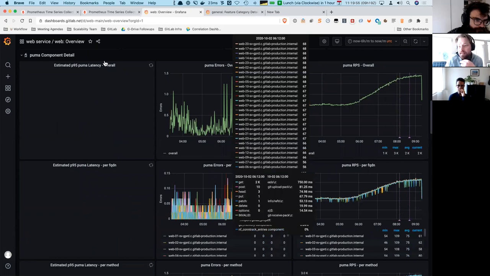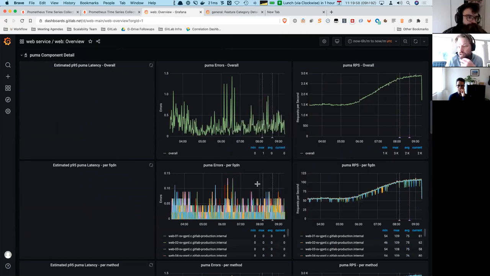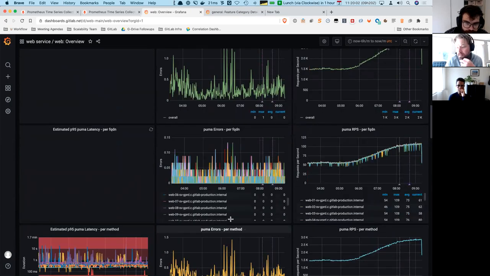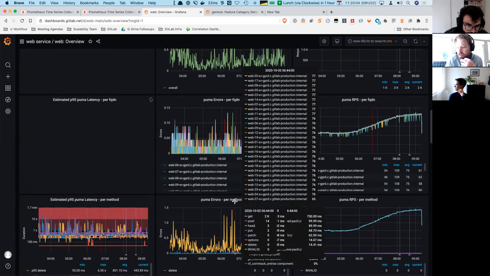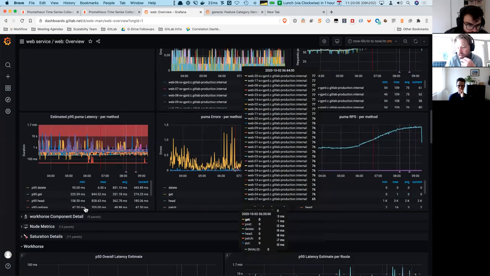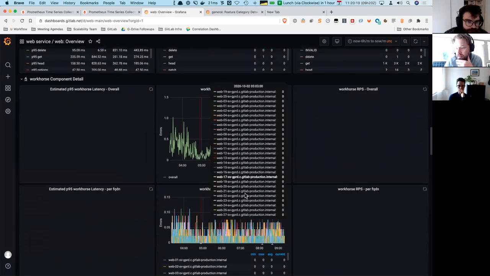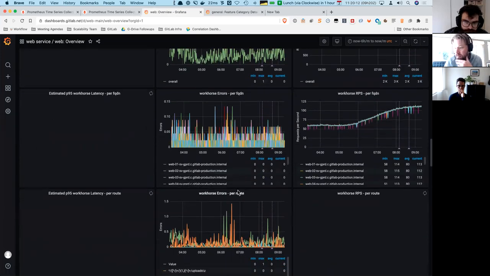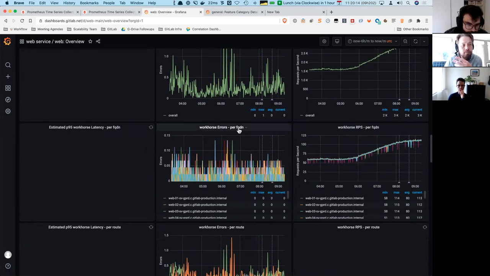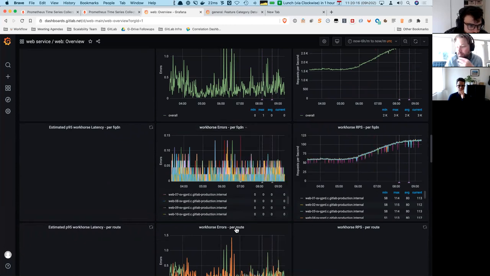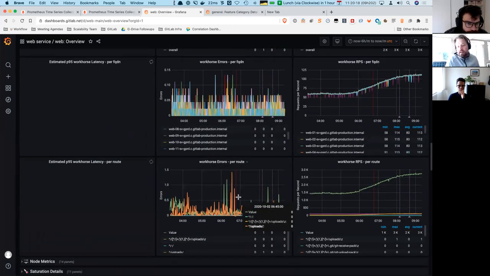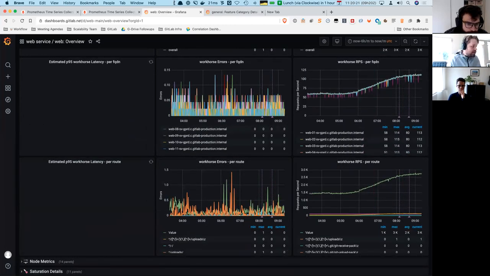In this case, this is a non-aggregated version. Then we've got per fully qualified domain name, per method. So we're breaking these metrics down by these different labels. If you go into Workhorse, you'll see we have different labels, or maybe they're the same. For Workhorse, we've got per fully qualified domain name and per route. And the way that we do that is in, let me open up